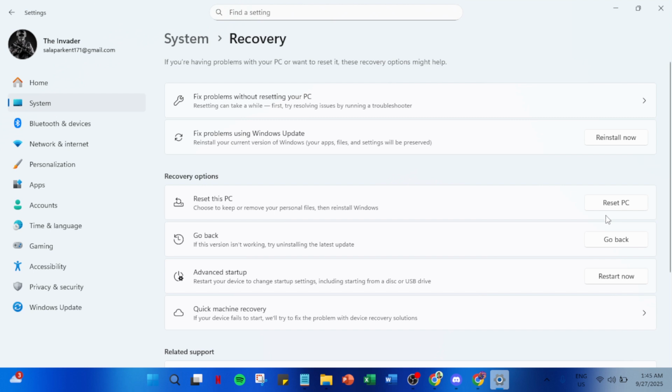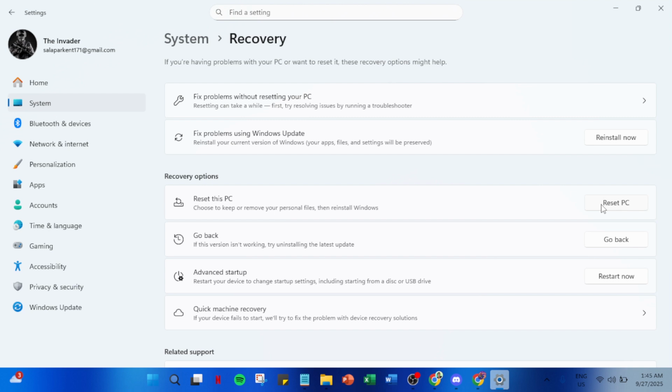If you're encountering a lot of issues or want a fresh start, you might opt to remove everything. Just remember, removing everything does mean wiping your data, so make sure you have backups of anything important. Once you've made your choice, the system will guide you through a few more prompts. It's designed to be as intuitive as possible, so just follow the directions on screen.